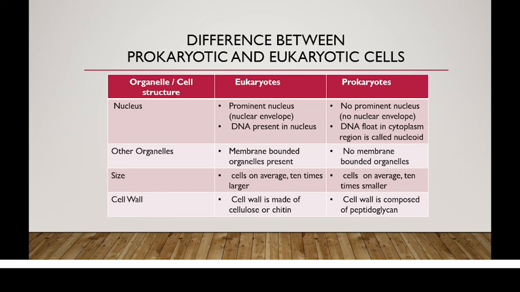And in case of eukaryotes, the other organelles are also membrane bounded, while in case of prokaryotes no membrane bounded organelles are present. And if we talk about the size, eukaryotic cells on average are 10 times larger as compared to prokaryotic cells. And the cell wall, in case of eukaryotes, is made up of cellulose in plants, and chitin in fungi. And the cell wall in prokaryotes is